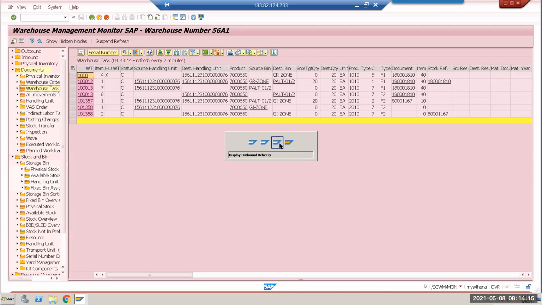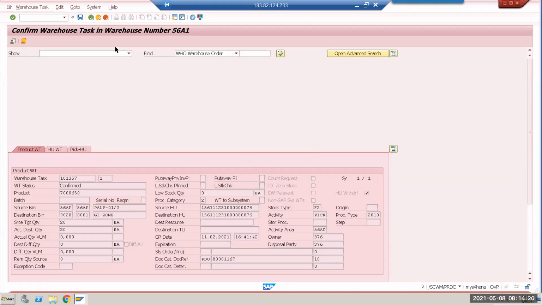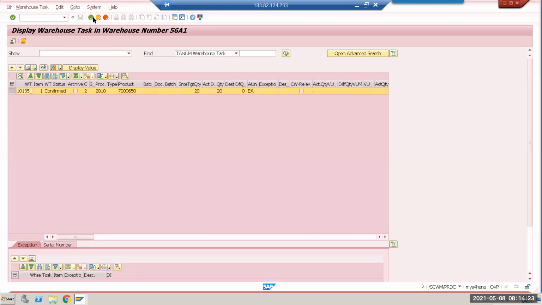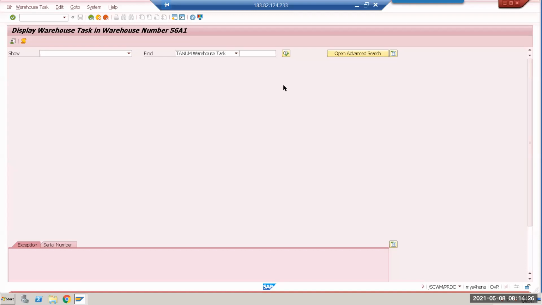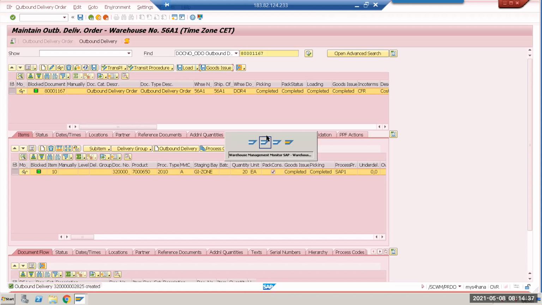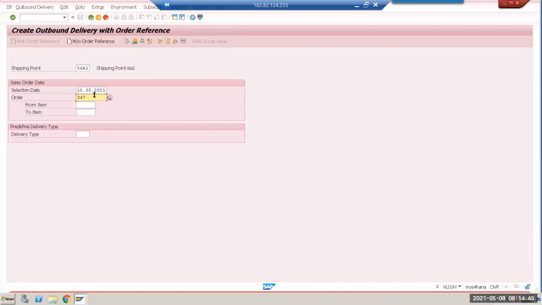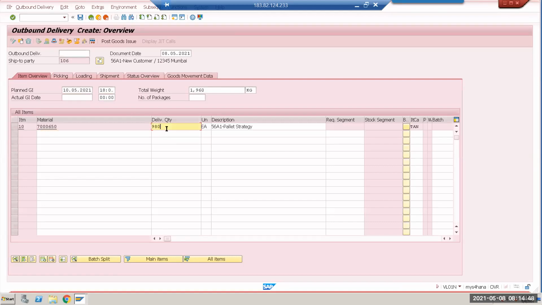And then what I'm planning to do is I do the goods issue for this. Maybe loading, maybe the goods issue. This is done, 20, okay? Let's create once again. 5 quantity. 5 is a partial, right? Yes. In my case, there is no quantity with HU 5, yeah, HU, correct.